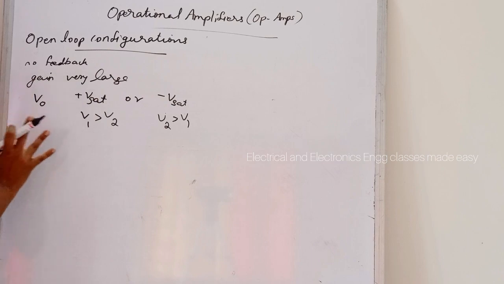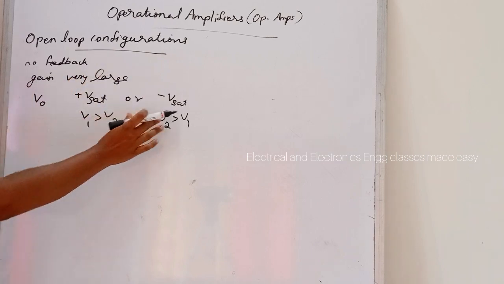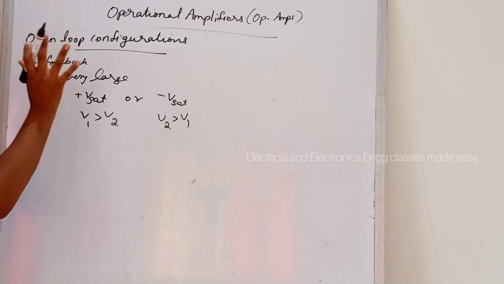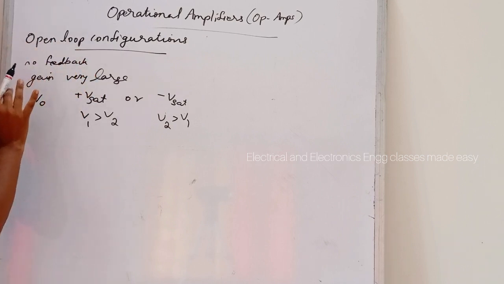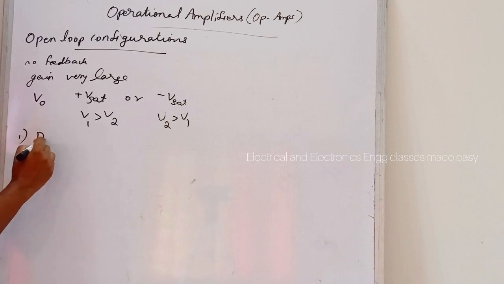So here the output voltage is either plus Vsat or minus Vsat, and this is the simplest possible way to use an op-amp. And there are three configurations, that are